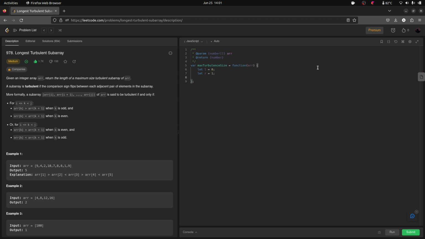Then we'll have to take another variable called sign to keep track of the sign, and we will need the maximum value, where we'll put the max values basically. So now, while R is less than array.length, if array of R minus 1th index is greater than array of R-th element, and the sign is not equal to greater,